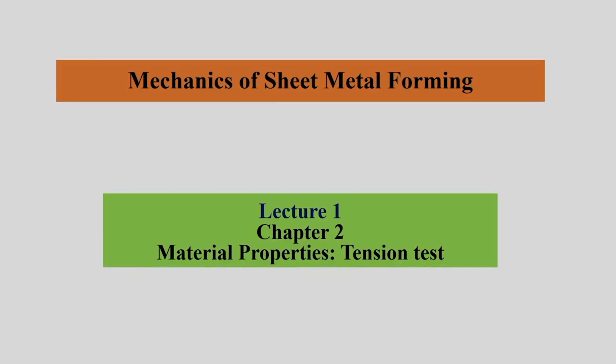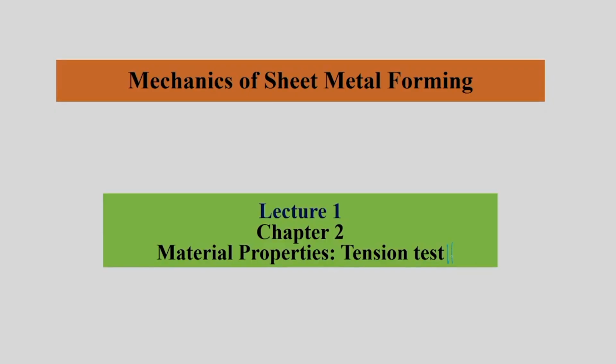So, now let us go to the second chapter, that is nothing but material properties. Specifically, we are going to discuss a tension test here. And when we speak about a tension test, I hope we are all aware of the fact that there are other material testing methods also. For example, you have a compression test, they are meant for different situations. Of course, you have tension test, we have studied this in material science